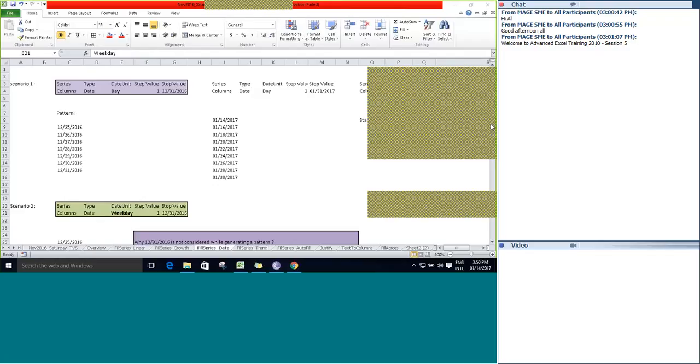Seshagri, your question is, if you use weekday, it will consider only Monday to Friday. So what do we have to do if you want to consider Saturday and Sunday also? Is my understanding correct to your query? Fine. So I suggested you use the date unit as day. If you use the date unit as day, while generating the string pattern, it will consider Saturday and Sunday also. Able to follow now? Which date unit do you have to use if you want to consider all 7 days?